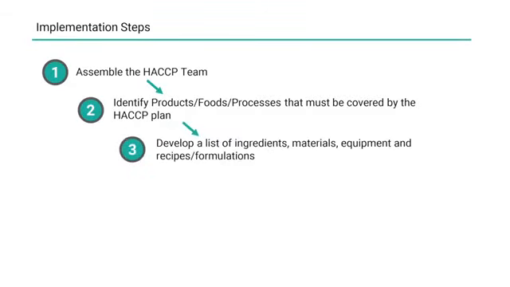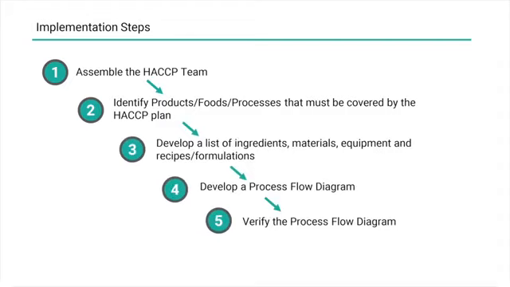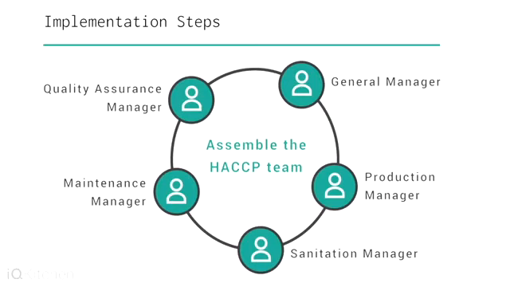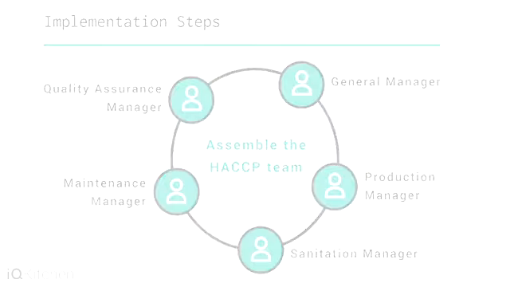The development of a HACCP plan is a logical step-by-step process. The 5 preliminary tasks that need to be accomplished before the application of the HACCP principles to a specific product and process are: 1. Assemble the HACCP team. Individuals from areas such as engineering, production, sanitation, quality assurance, and food microbiology who have a working knowledge of the various processing steps and operations in the facility will be responsible for the HACCP plan.